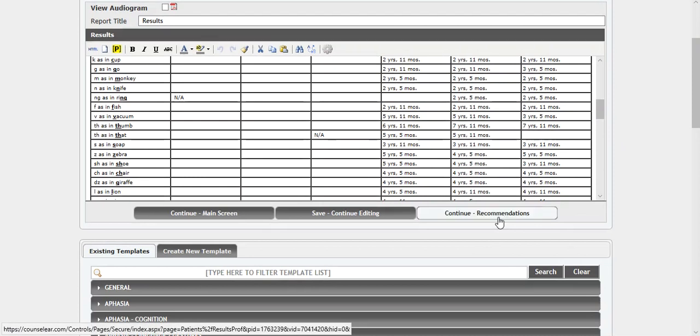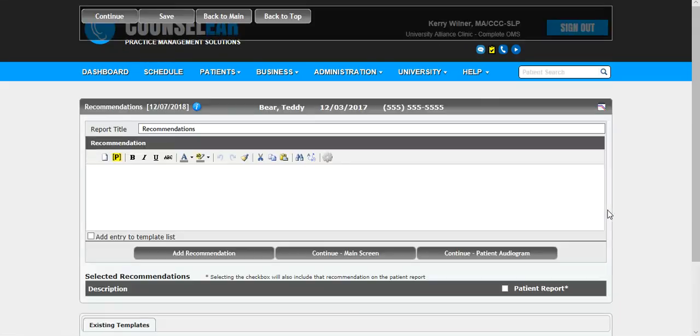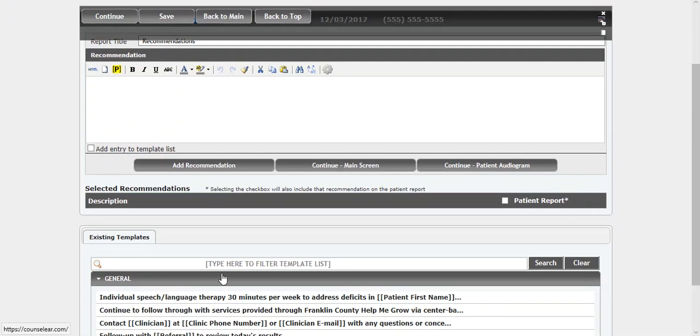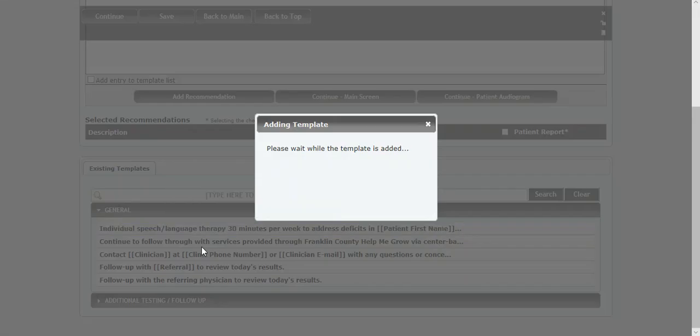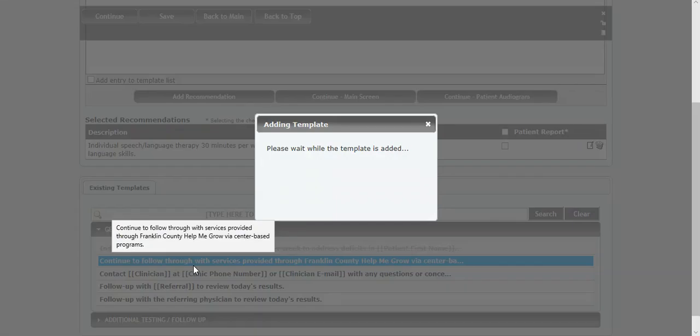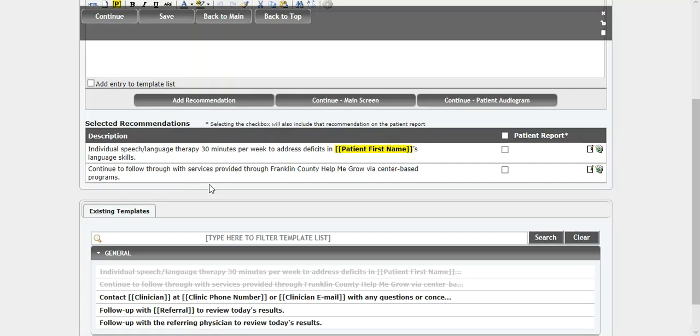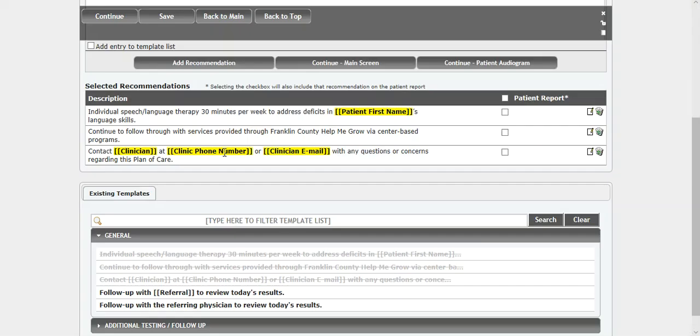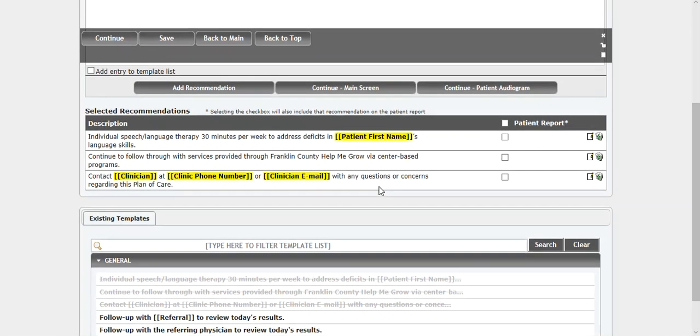As we move on, of course, to the recommendations, it's going to be more of a list format, right? So you don't have to number them. You're simply going to click or tap on whatever it is. I'm just going to pick a few here just for kicks. Whatever it is you want added. Once again, these are all highly customizable so that you don't have to go in and type in your name, the clinic's phone, your email. That will automatically populate there. Okay, so here's just